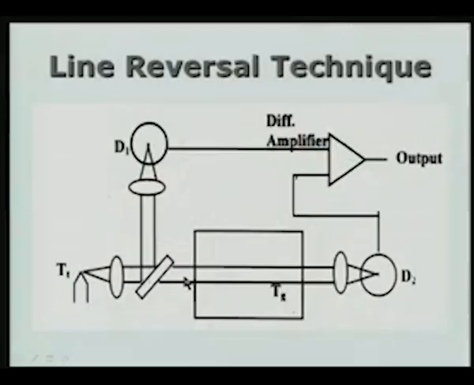From the target we have a monochromator which will allow only light of the correct wavelength, in this case the sodium emission wavelength, so that you are looking at that part of the spectrum alone. D1 will give you the direct view of the target, and D2 will give you the signal corresponding to the view through the gas, and when the two detectors give you an output equal to 0, then